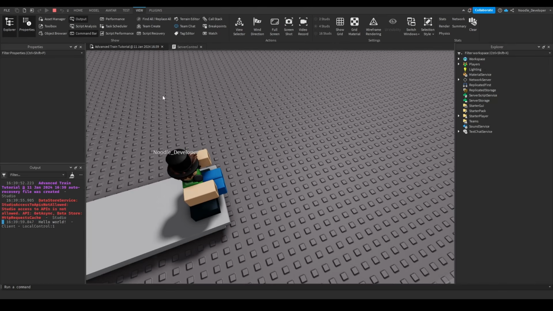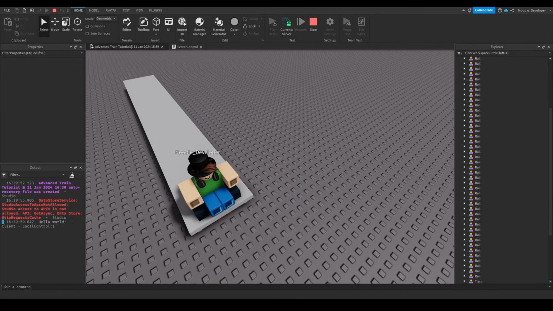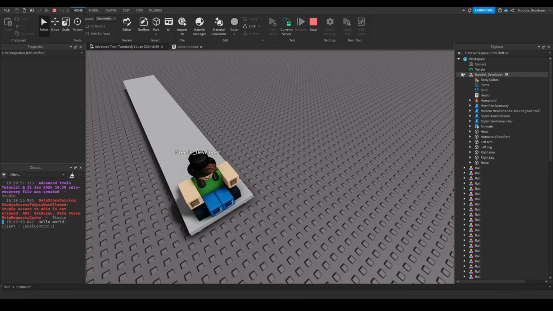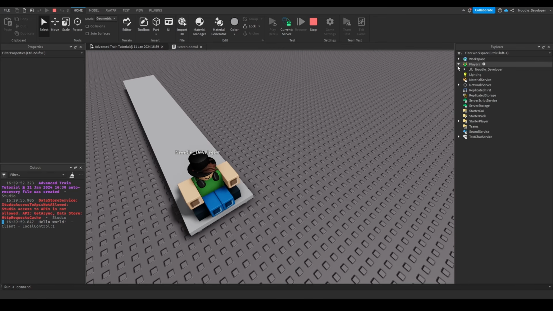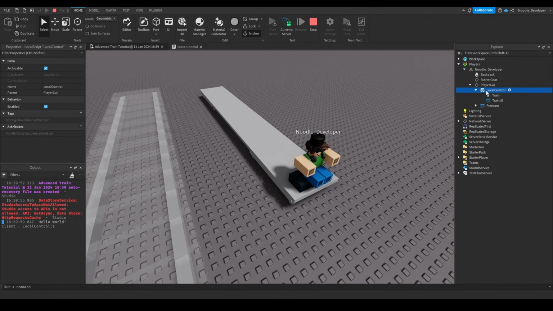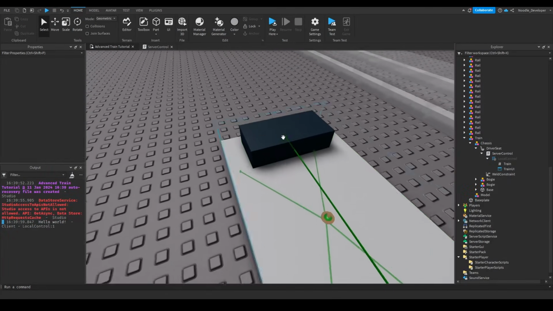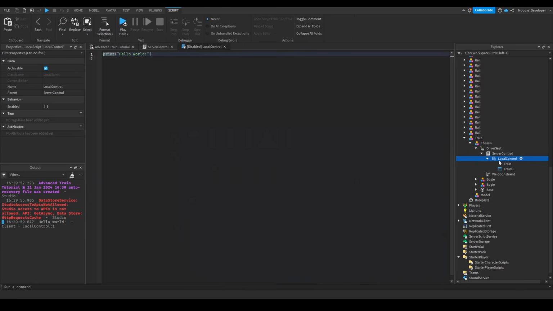Check players, new developer, player GUI, and as you can see, I have my local control script, and inside it has the value of my train. So now that we see the local control works,